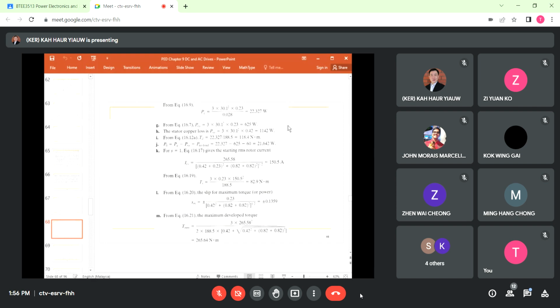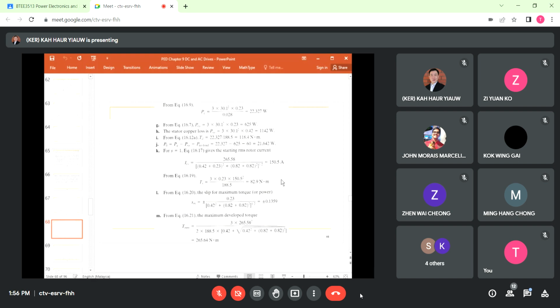The stator copper loss Pcu is equal to 625 watts. The rotor copper loss is equal to 1142 watts. Td from equation 12a gives the value of 118.4 Newton meter. The Po can be obtained as well, which is equal to 21,642 watts. For S equal to 1,